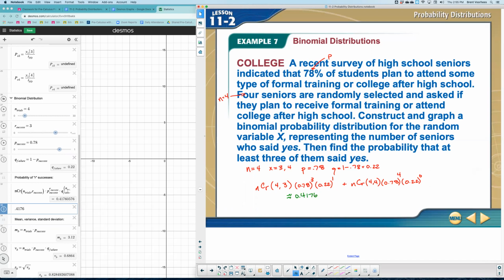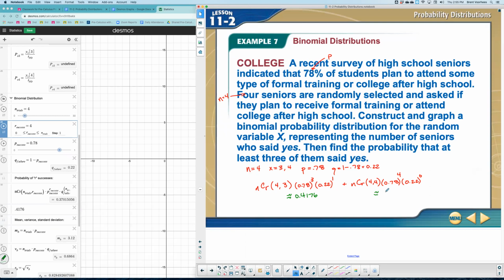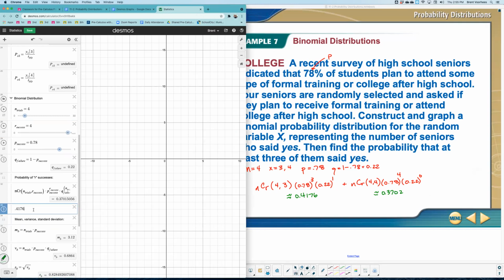So I'm going to kind of write this as we go, which this portion right here is approximately 0.4176. And then I'm going to do this again, but this time we're going to say, what if all 4 went? Well, the probability of that occurring is roughly 0.37. To use the same number of significant digits, let's say 0.02, like that. So if I add those 2 values together,